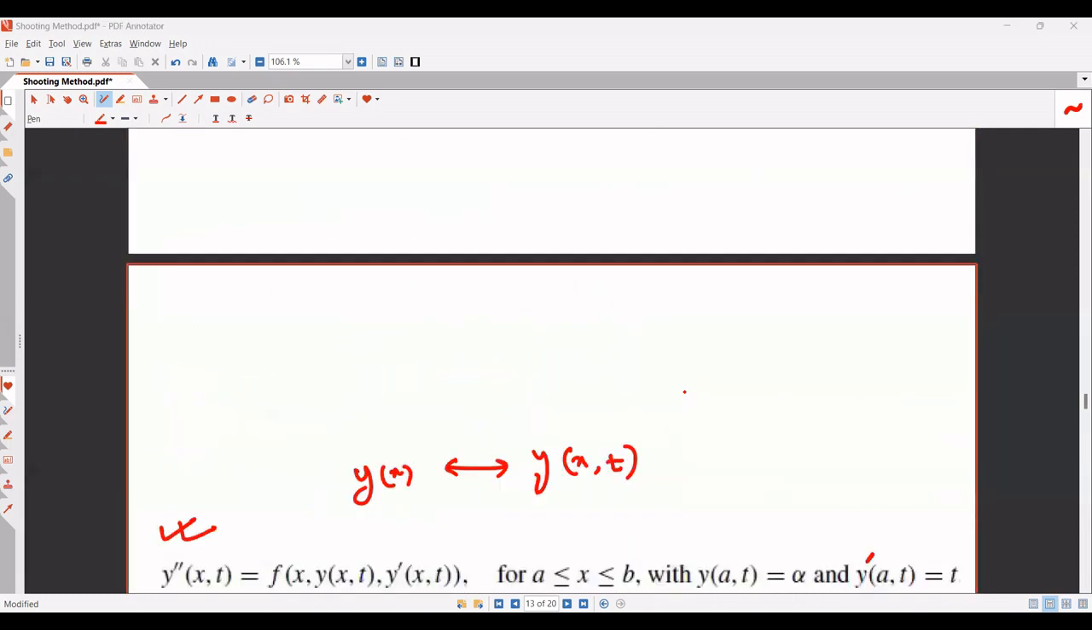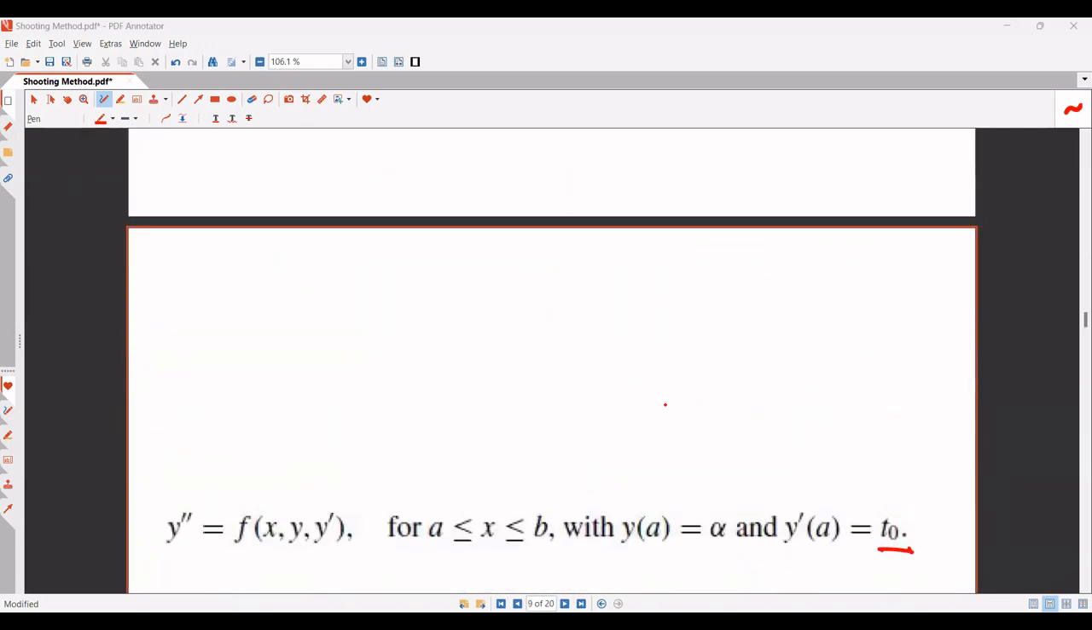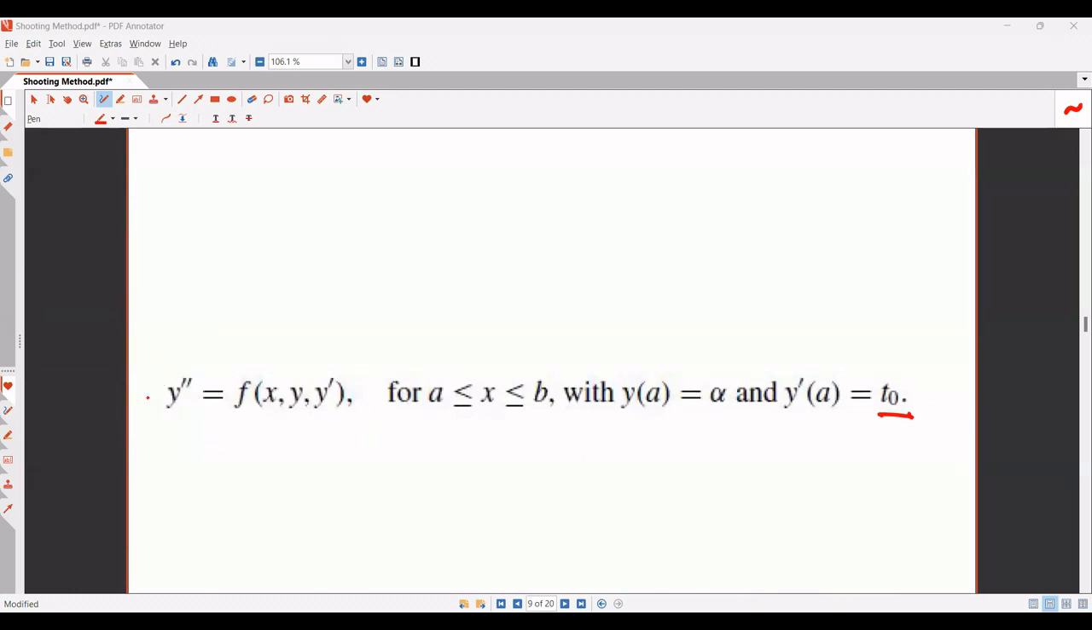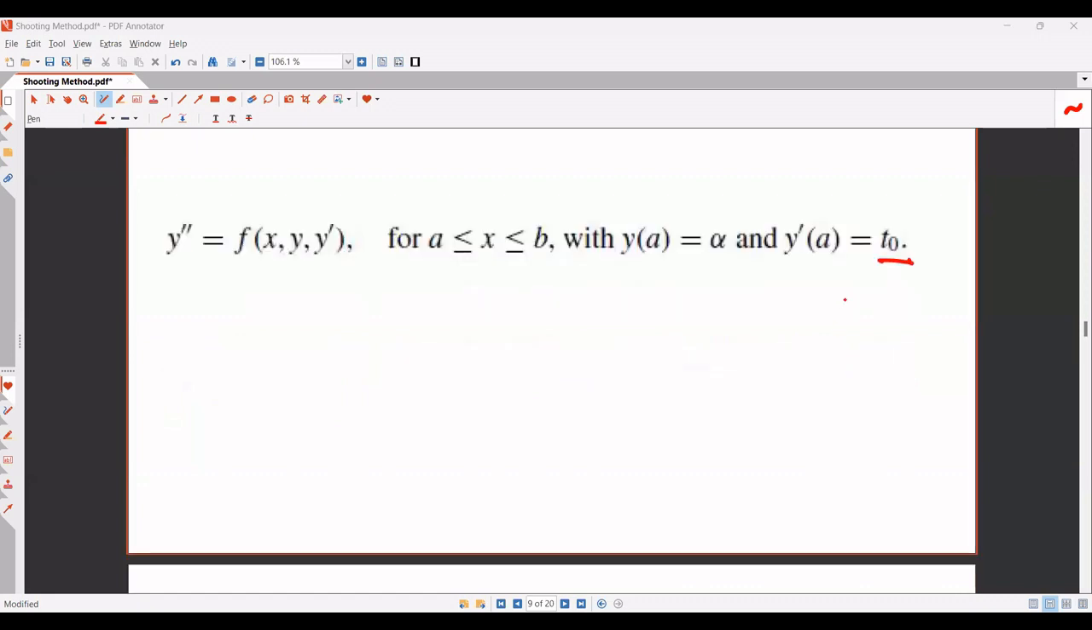And at each loop, we are going to solve this initial value problem to get y. Y at b, actually. The y at b that's sufficiently close to beta is the final one that we desire. Now, actually, this kind of